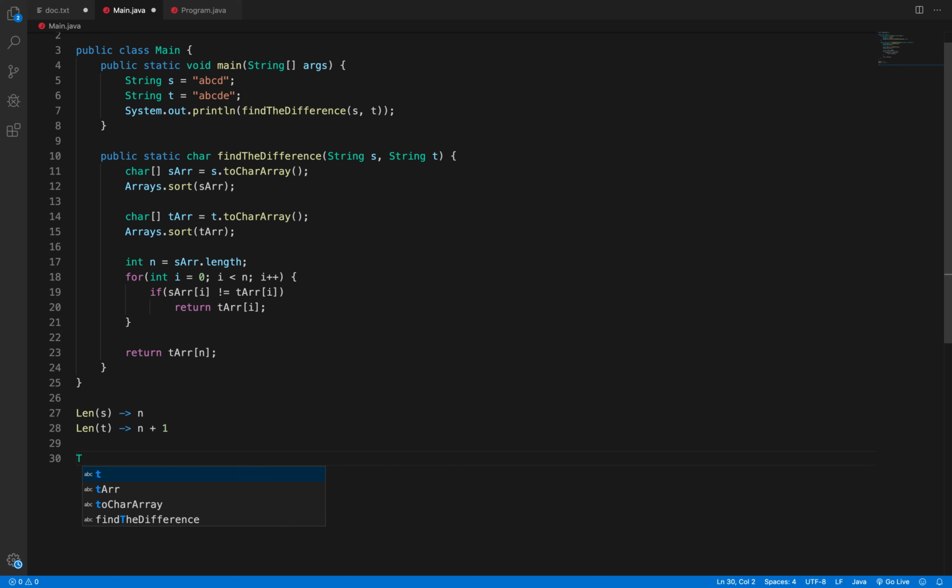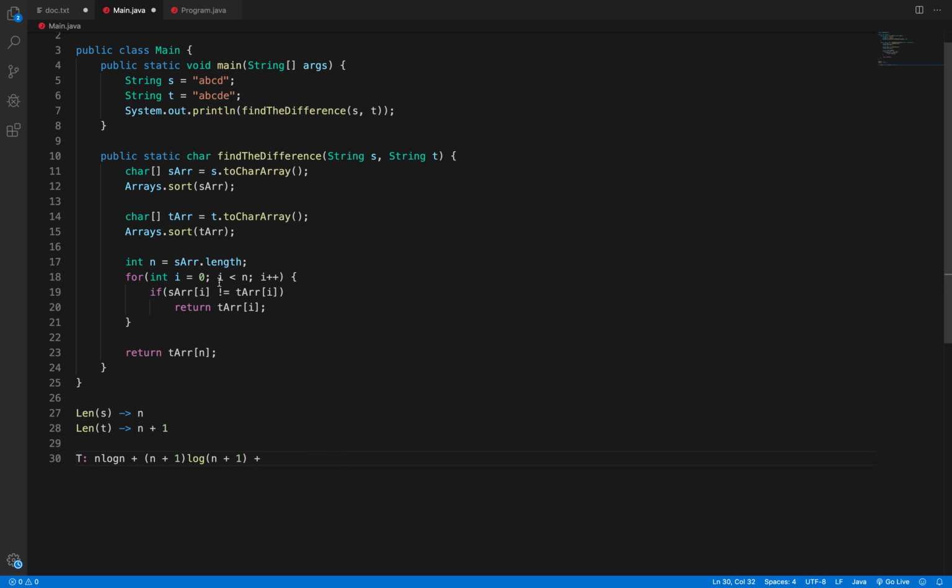Sorting string S will take n log n time, and then sorting T will take n plus 1 log n plus 1, and then here we have one loop.